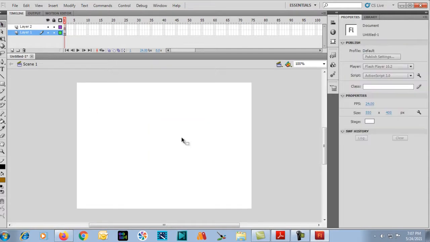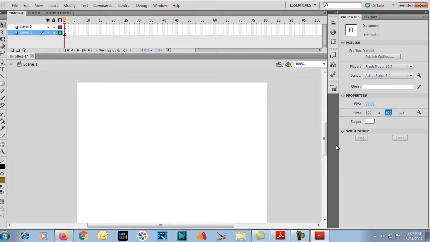Next thing, what else do I have to do? Yeah, I'll show you how to adjust the stage. As you can see, I click the stage. As I click the stage, you can see there is a stage property over here on the right side. You can adjust the stage over here. You can enter 600 by 600. This will adjust the stage size. And yeah, I think I covered most of the